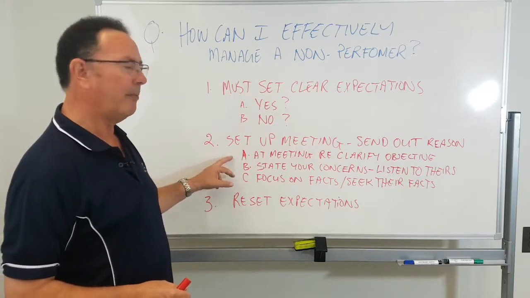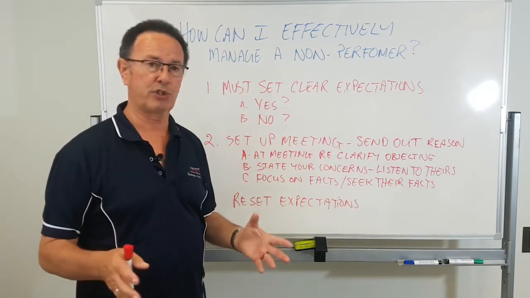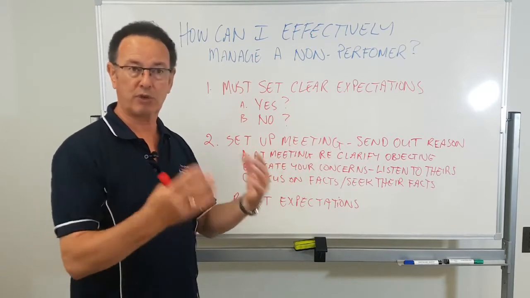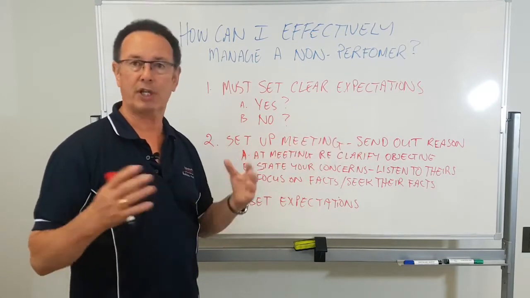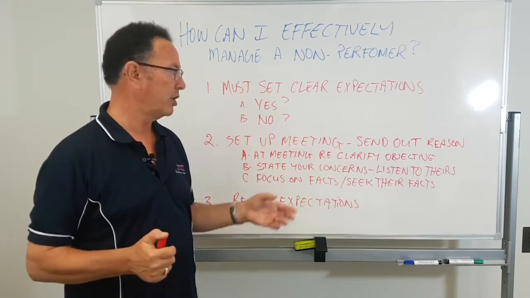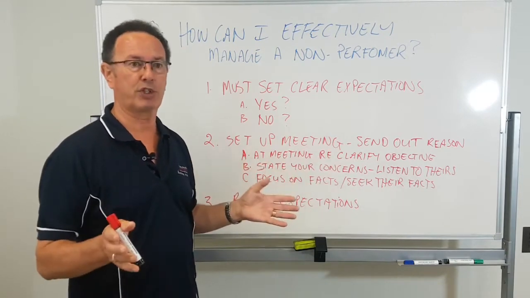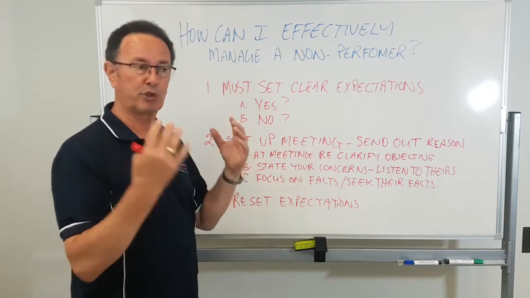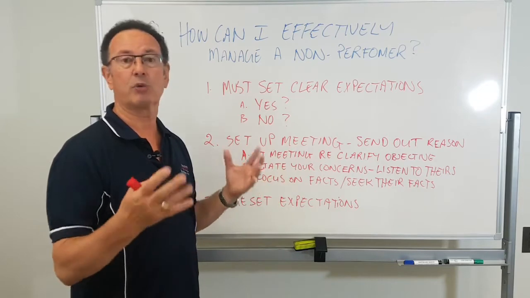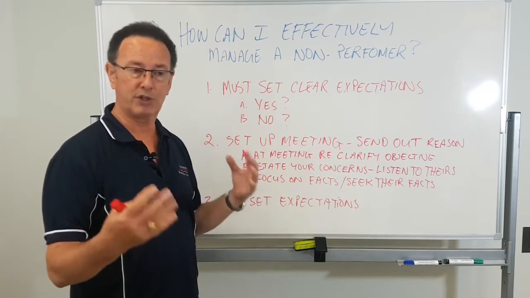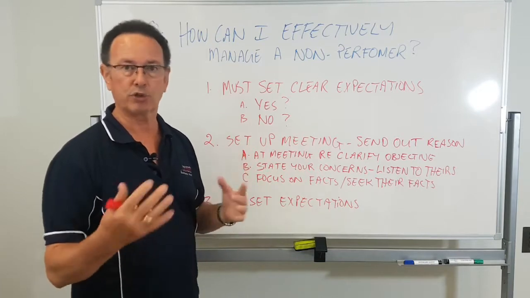So when you actually get together with a person, you need to reset your objectives. Why am I here? You just reiterate pretty much what you sent out in the email or the appointment that you set up. So just re-clarify that, and this is the first step. Here we are today to discuss this. I'd like to present the situation as I see it. Then I'd really like you to respond with your understanding of what happened, and then we'll work through that and get an outcome.